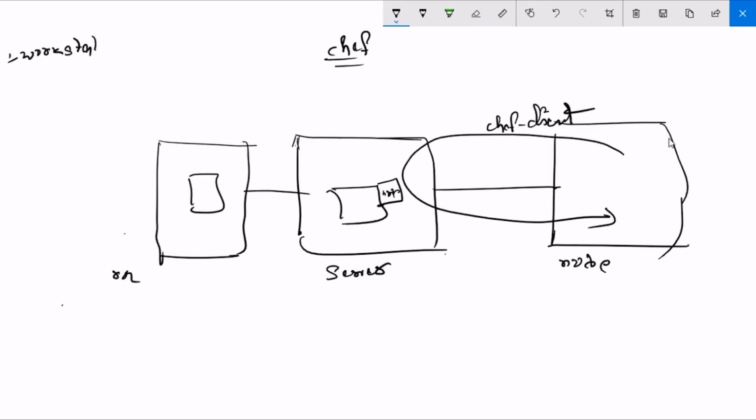So workstation, that is your laptop. So here we don't need any automation. That's your laptop, and you have your workstation. Fine. So you got your laptop means you got your workstation. Second, server. Server is only one-time effort, right? So here also we don't need any automation. One-time effort.